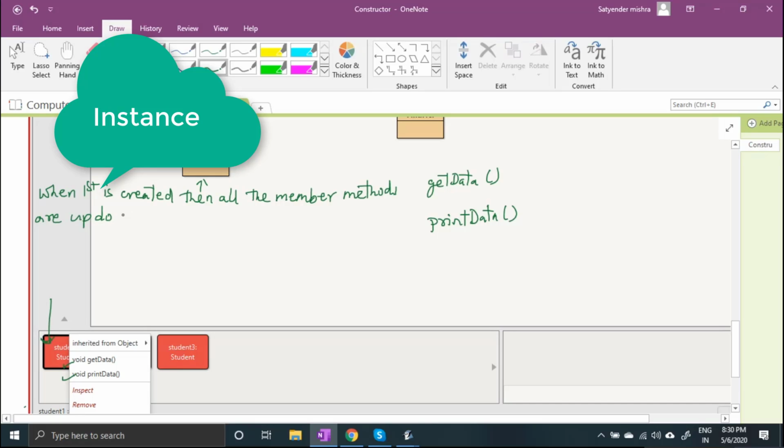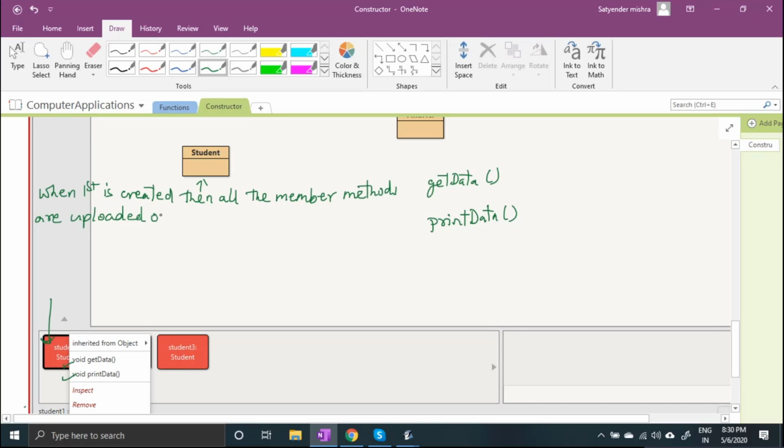Here memory is RAM. So the member methods are already uploaded on the memory when the first instance is created.